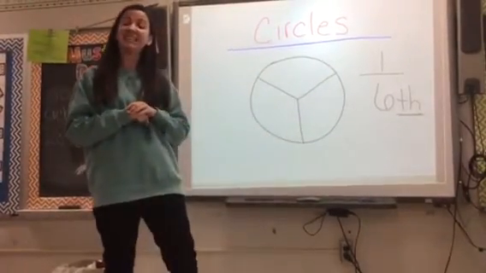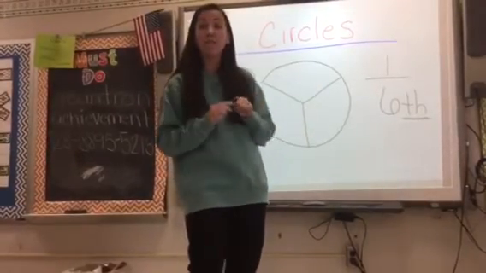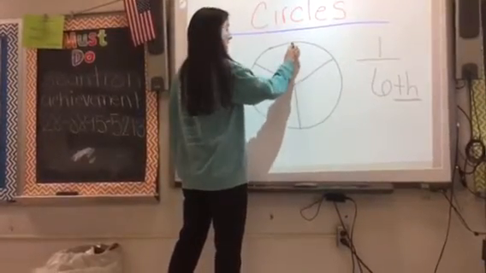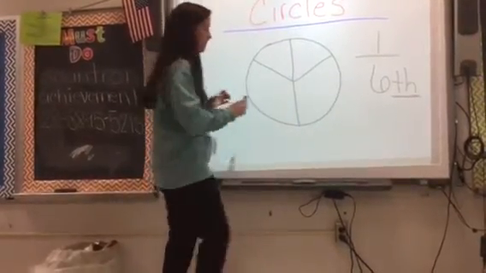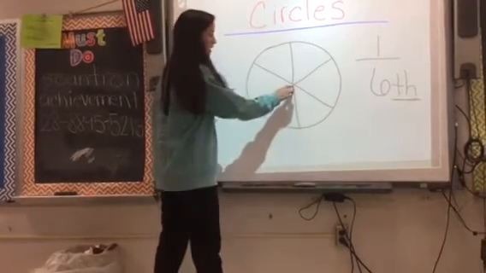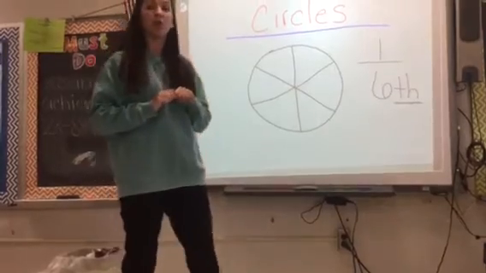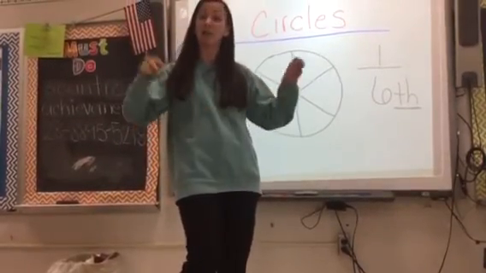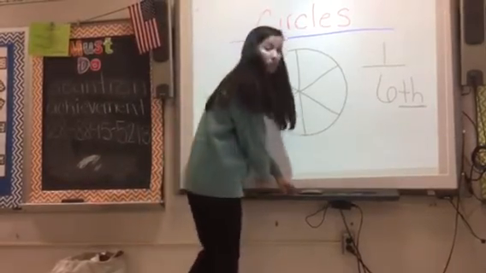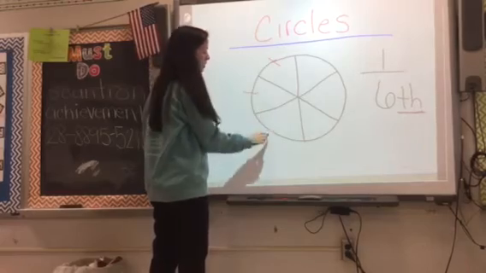But now to get 6, I'm going to go to each of these pieces. Start from the middle and cut it in half. So I'm going to cut this piece in half. I'm going to cut this piece in half. I'm going to come over here and cut this piece in half. In order for me to get 6, I have to start with thirds and cut those in half. Let's see, boys and girls, does it give me 6 pieces? 1, 2, 3,